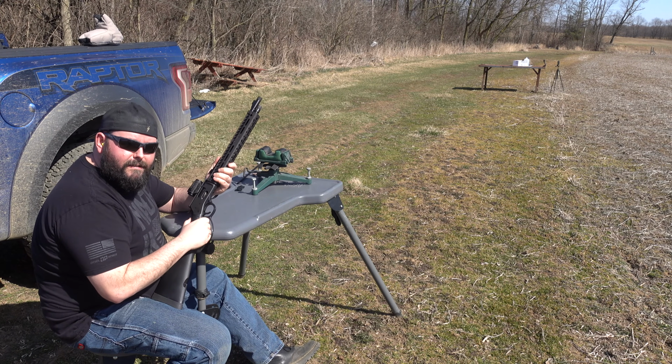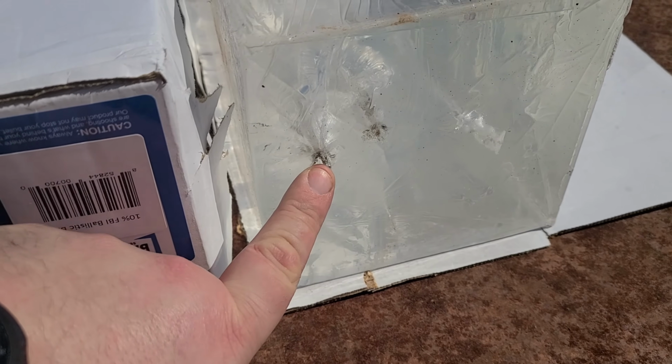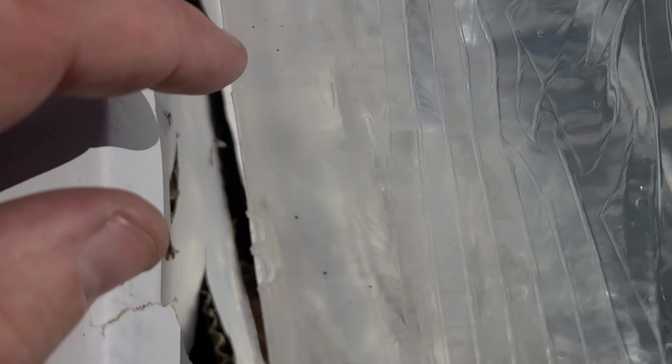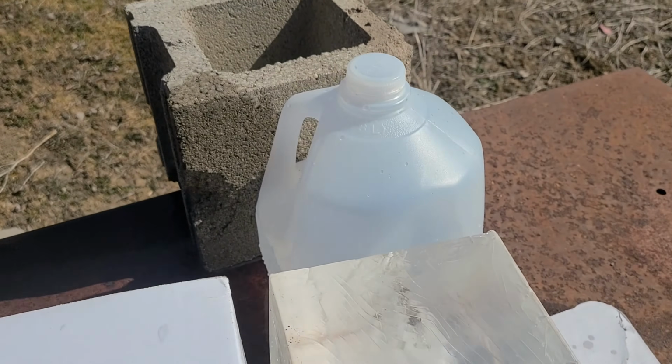Alright, let's go down and take a look. Here we are down at the block. We hit right here, and then you can see the track right next to that one. We got some more petals down in here. We got one that came out here and actually went through our box and came out of it. I don't know where the other one went. It looks like it went down. It might be under this box. I don't see it, but we hit the water jug because it came out and hit the jug right here, and it bounced,